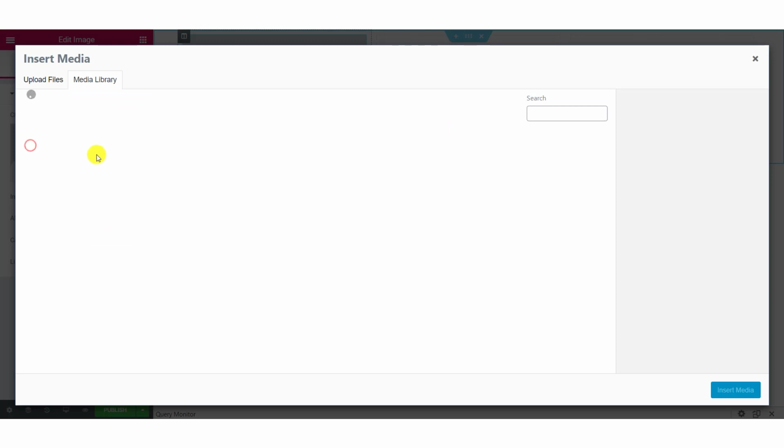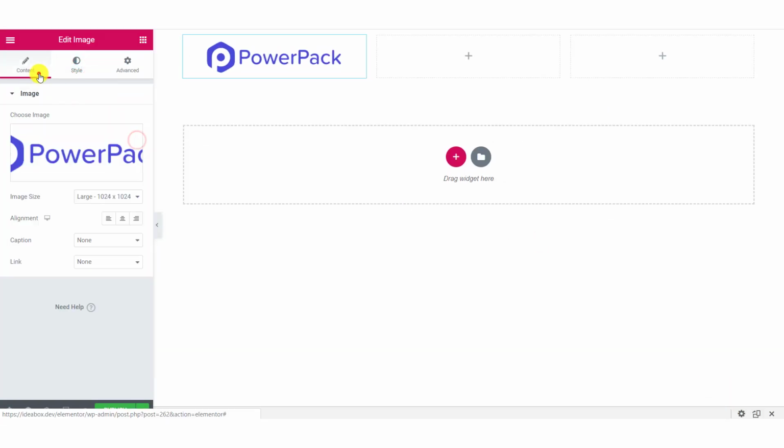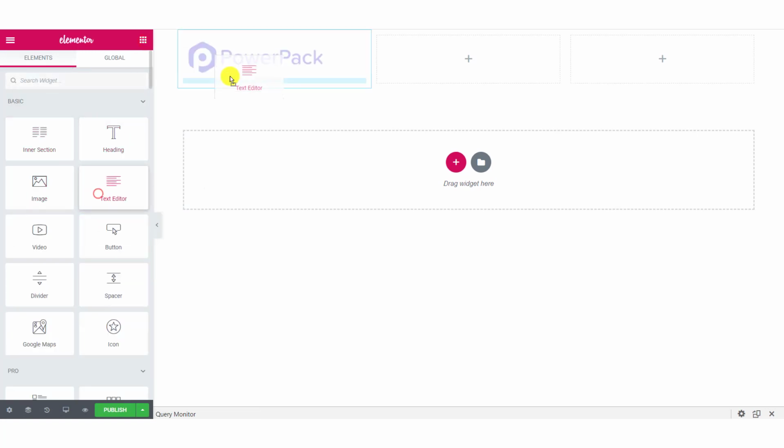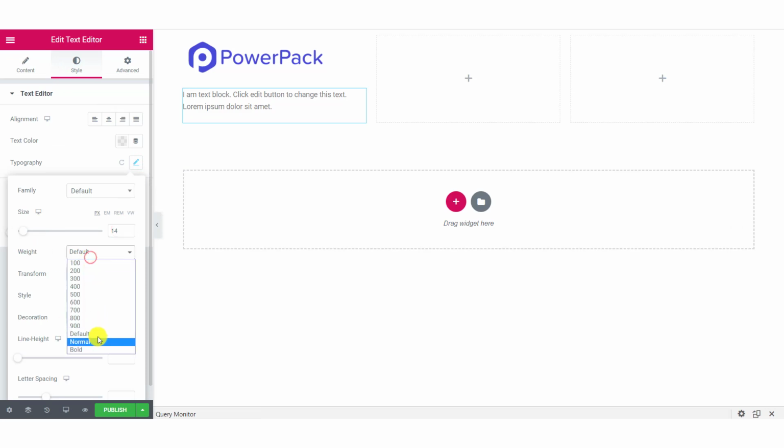Again, for your footer, you can use a template or any other design that you already have. But if you want to go with our design, here we are creating a 3-column setup. In the first column, we have added an image, text and social icons at the bottom.